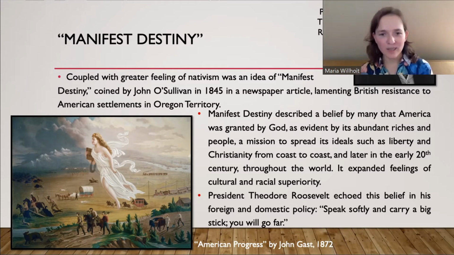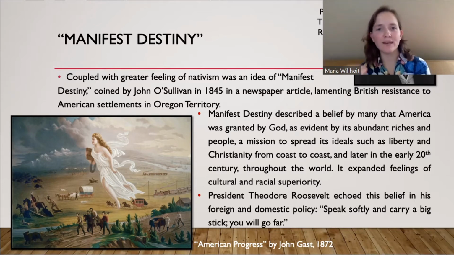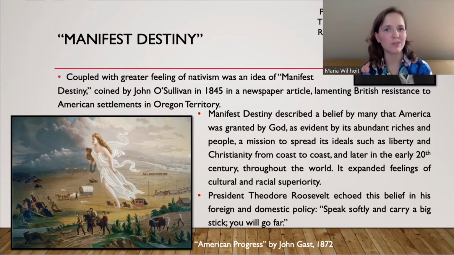And unfortunately, though, I have to say, this mentality, it's always present, and sometimes it manifests itself into feelings of cultural and racial superiority. This is one of the reasons why Europeans were okay with kind of moving and killing Native Americans. Well, you know what? You're racially inferior. You're culturally inferior. So we can settle your land. We can kill you. We can take over you. It's not always a good thing, this manifest destiny.